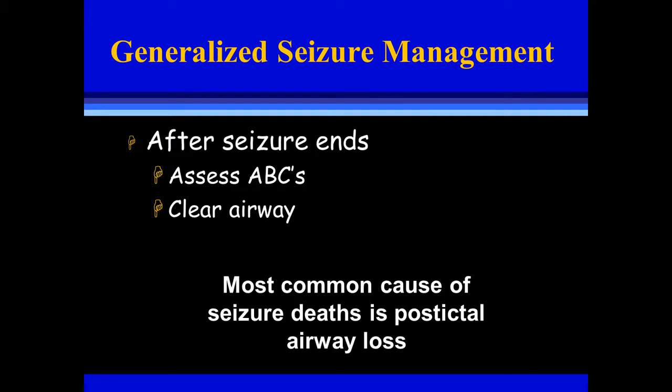Okay? So after the seizure ends, reassess ABCs. They usually start breathing on their own. They'll go through that postictal phase where they're altered and they'll slowly regain consciousness. What we can do to help them regain consciousness is usually high flow oxygen with a non-rebreather. As they regain consciousness,